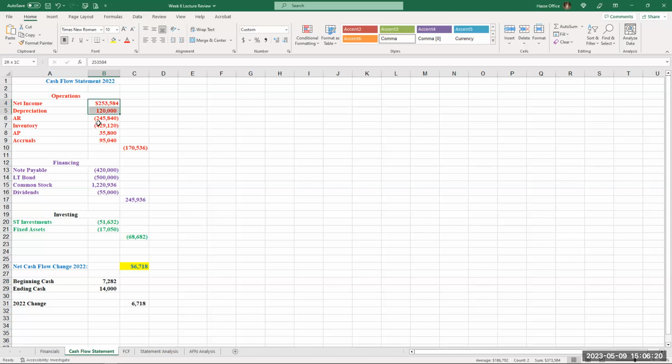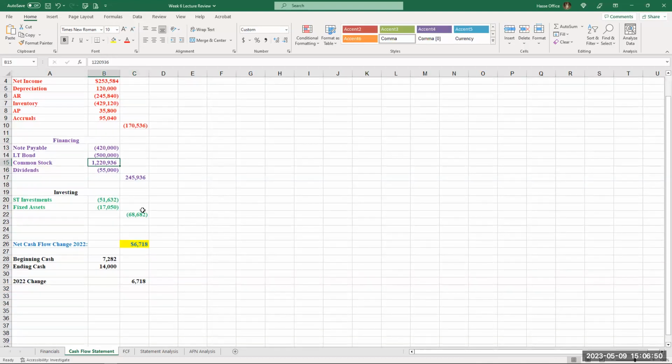The net effect of all these should equal $6,718. And that's what this statement tells us. It tells us that the company exceeded cash, or it had a negative cash flow from operations of $171,000. It had a positive cash coming in from financing of $246,000, mainly because we issued that new common stock. And it had a net cash going out of roughly $69,000 for investing in short-term investments and the purchase of